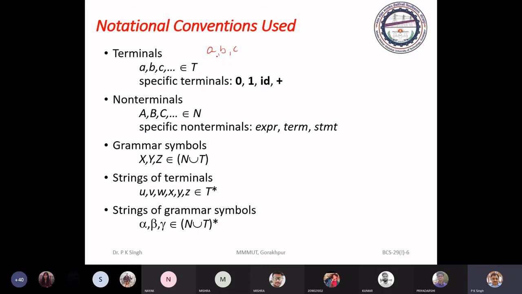A string means if you are using a string for a terminal symbol, like if, then, for languages, these are the reserved words, and these are the terminal symbols.